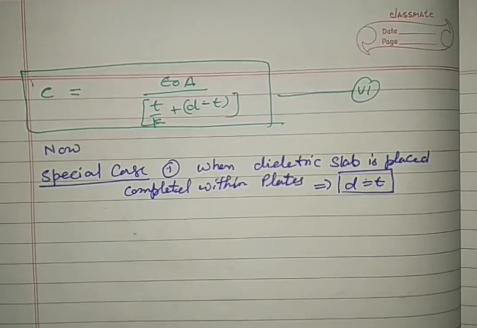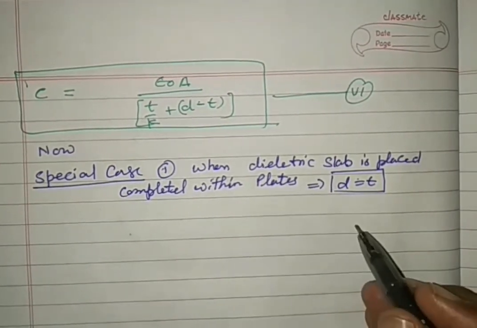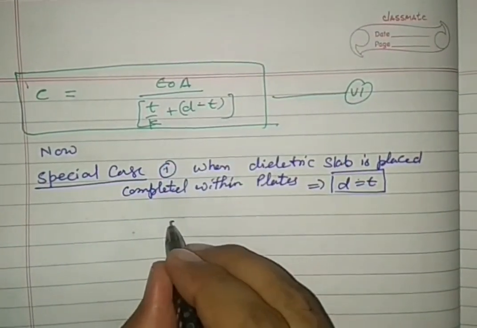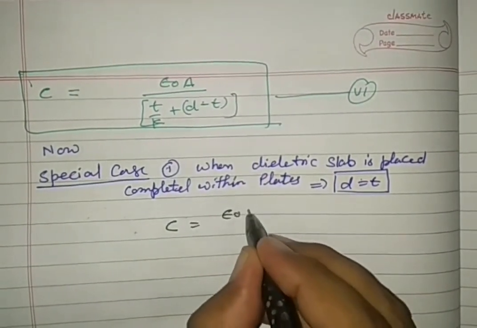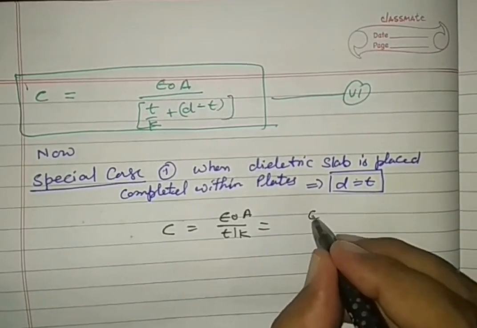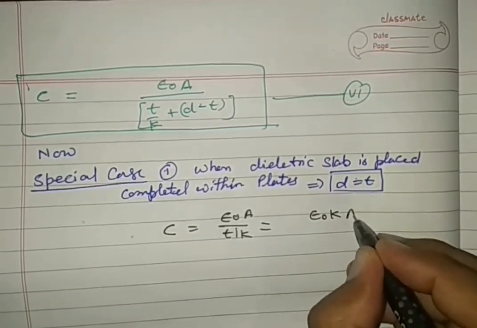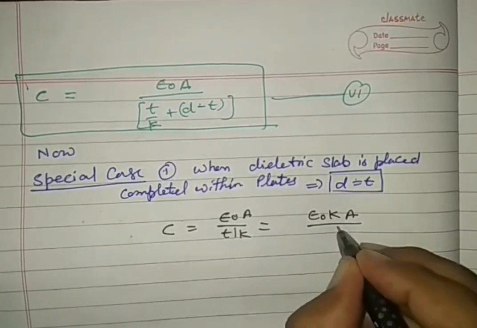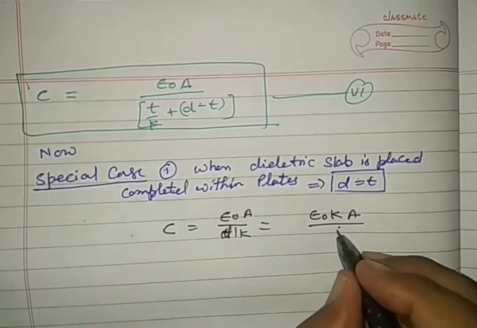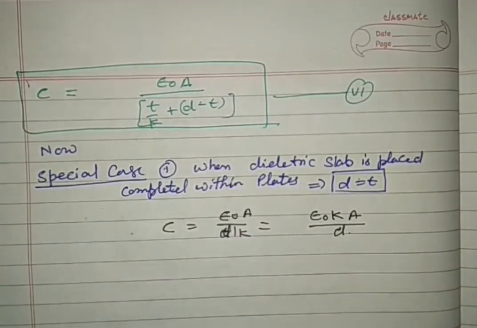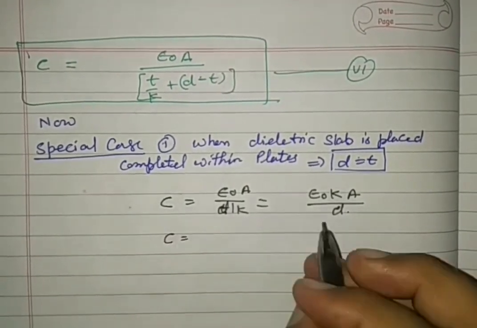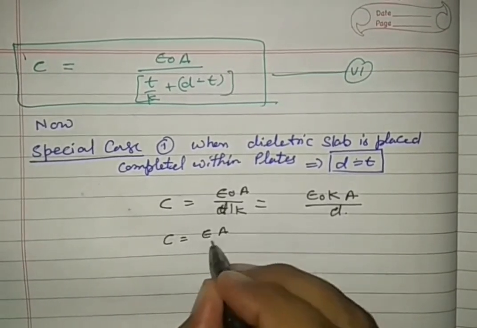In that condition, this term becomes 0, then C becomes epsilon 0 A by T by K, or K epsilon 0 A by D, this total is D. So C becomes epsilon A by D,